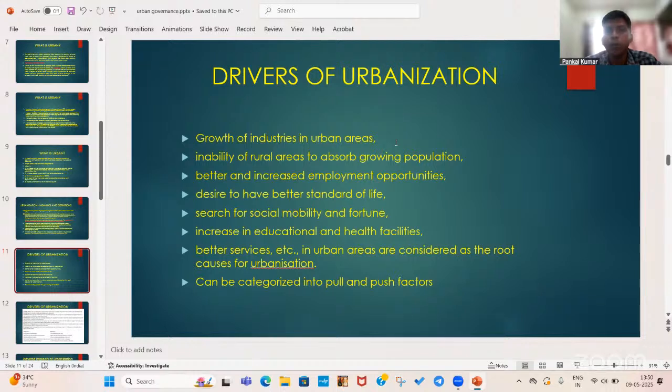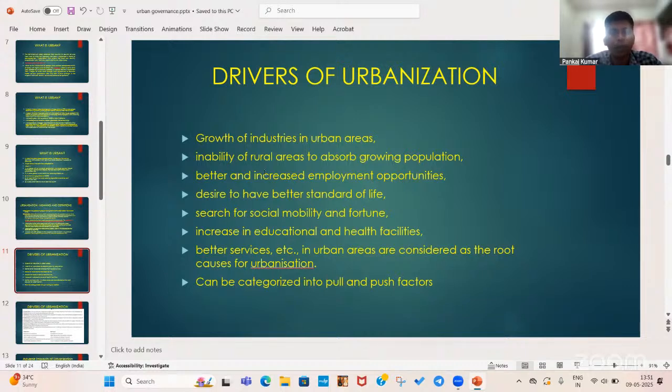creation of employment. As we already know, people living in agricultural areas are already facing disguised unemployment. What is disguised unemployment? There is surplus labor in rural areas. It means that more than the required number of people are involved in agriculture activities. Even if we remove some people from agriculture activities, there won't be any impact on the productivity of agriculture. This is called surplus of labor in agriculture, or in rural areas. So this is the number one factor, growth of industries in urban areas, which is causing increased demand for labor, and to meet that demand, people are moving out of rural areas to urban areas,